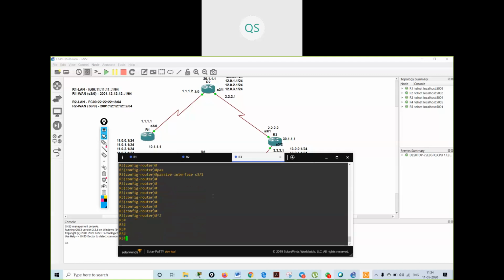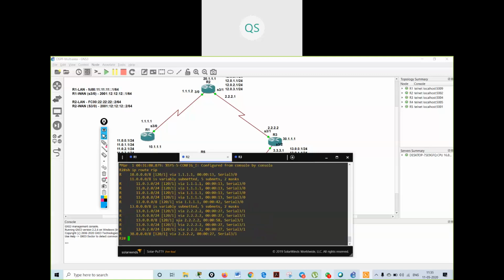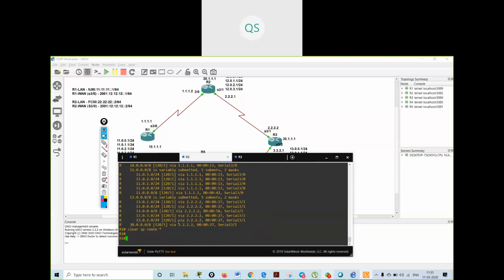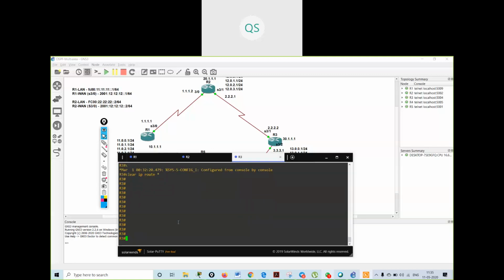Then I have to say clear IP route star. I'm clearing the routing table. Same command I will give over here, clear IP route star. Okay, now I will verify my routing table over here.